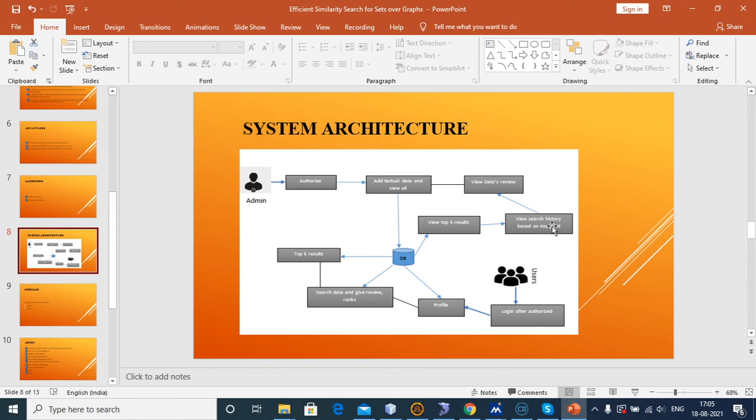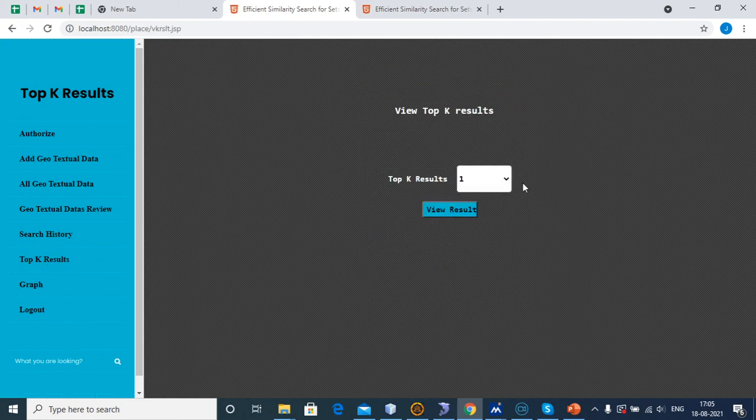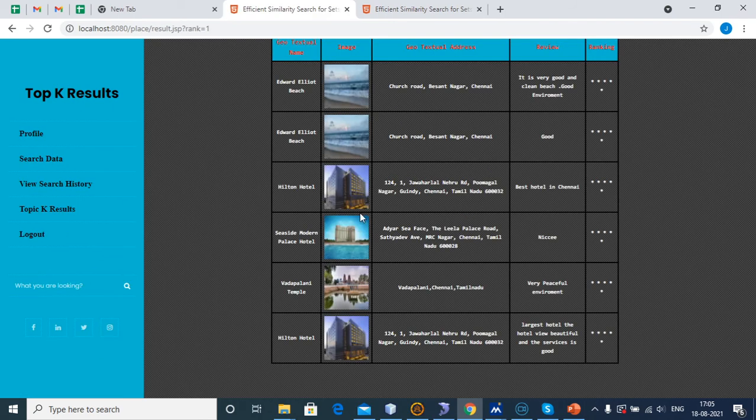Finally, we have to find the result, which means the top K result. The admin can view the top K result and the user can also view the top K results. First, the admin can view the top results. In the top place, for example, result one means these are all the top K results in Chennai.